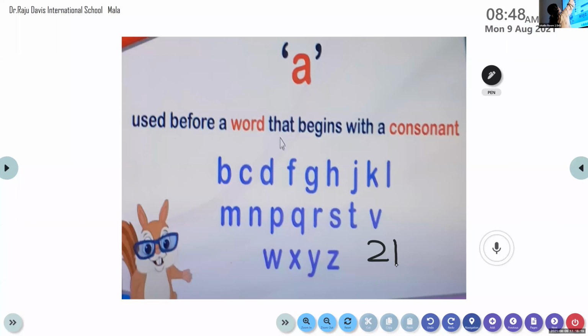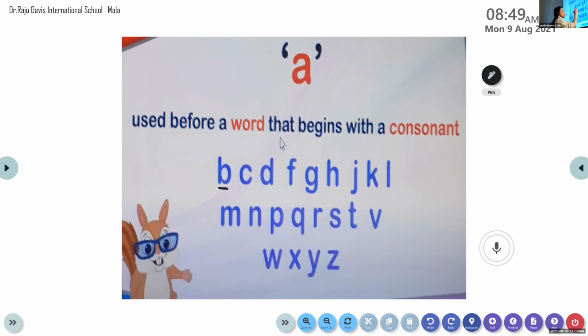Okay, so let us proceed with that. Please have a look at it. These are called the consonant letters: B, C, D, F, G, H, J, K, L, M, N, P, Q, R, S, T, V, W, X, Y, and Z. These letters in the English alphabet are called consonants. Let us revise once more. These 21 letters are called the consonants.